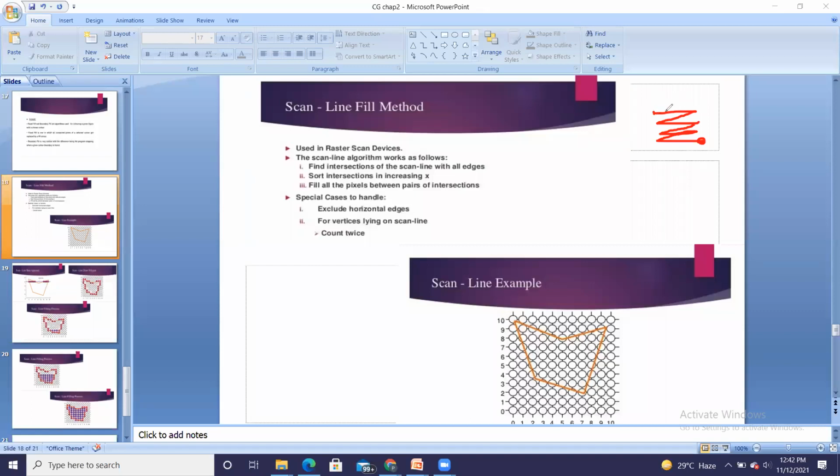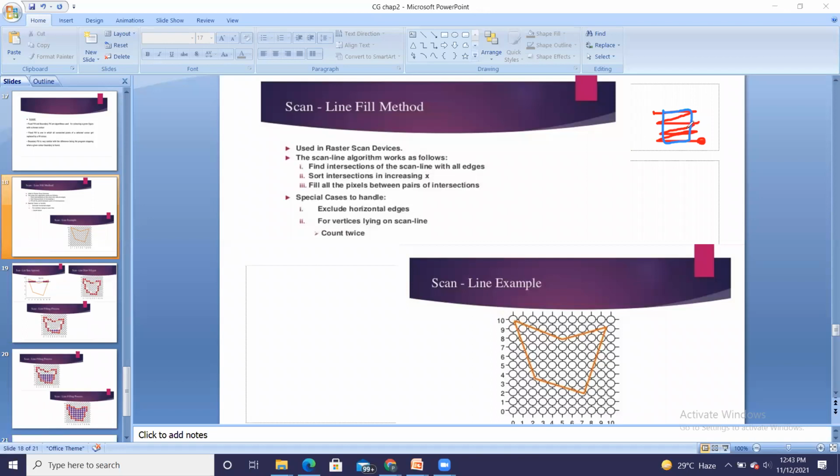It is going to scan each and every line, and once it finds any pixel of boundary value, then all the inside pixels it will change into fill color. So this is the method of scan line.